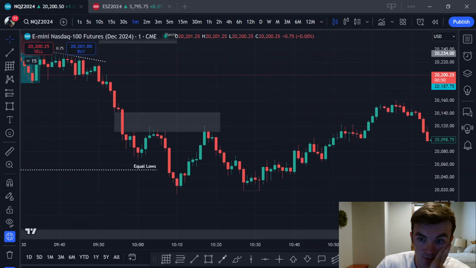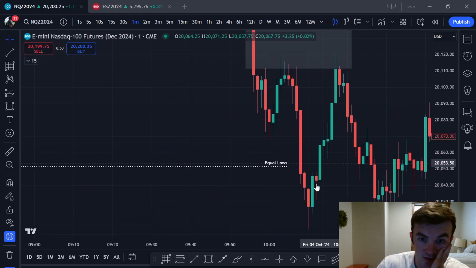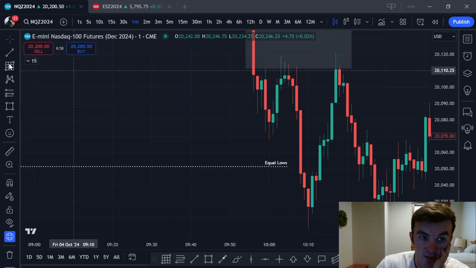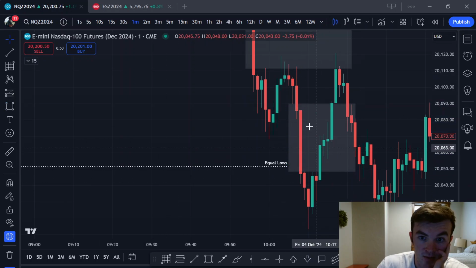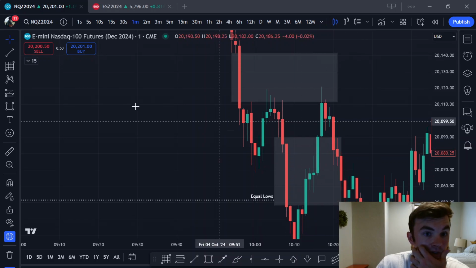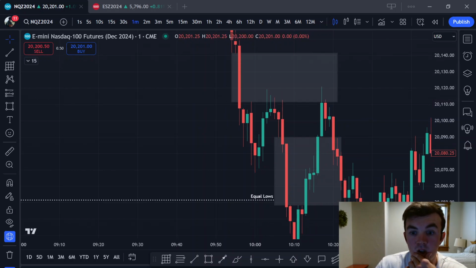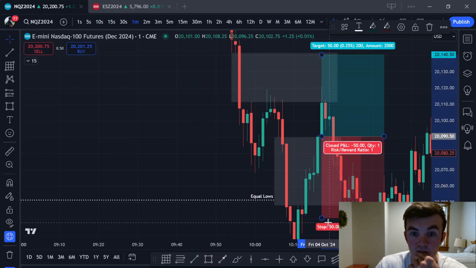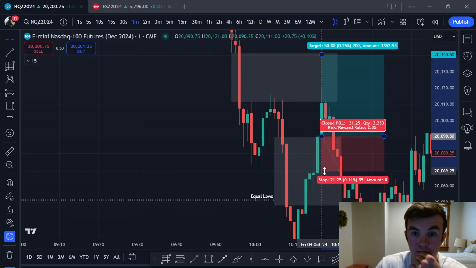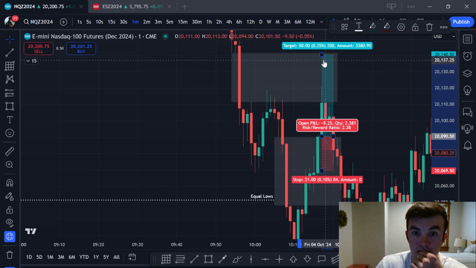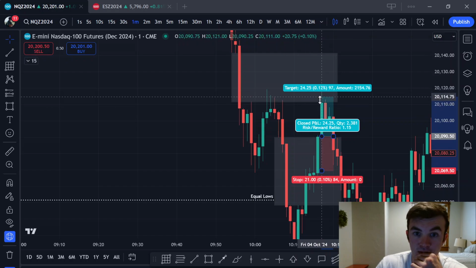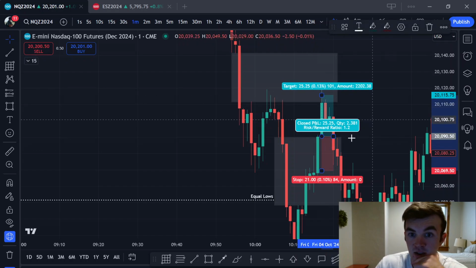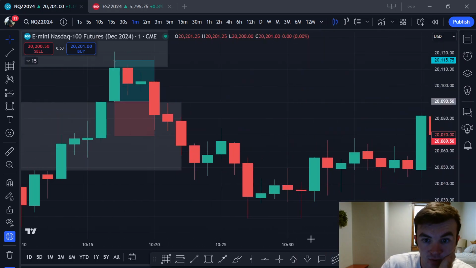So anyway, we're very far in discount. We sweep the equal lows. We get this 1 minute inverse to the upside, inversing both of these fair value gaps at the same time. The candle body closes above. You enter right here. Stop loss, probably maybe just below this fair value gap, and then target would be either this high or this high, whichever you want. And yeah, nice little 1-to-1 trade from Dodgy.